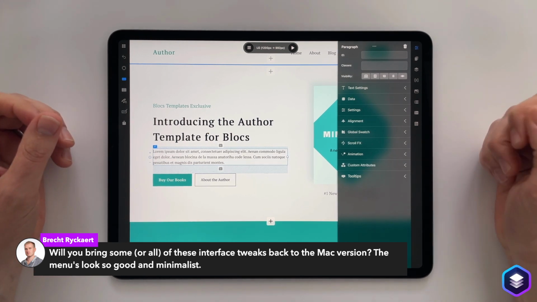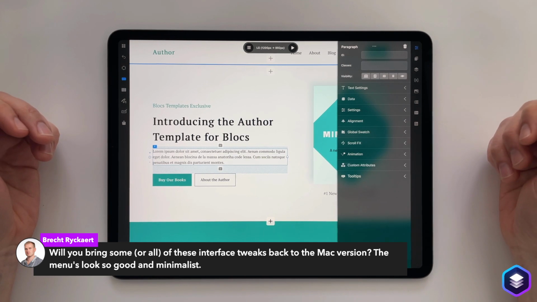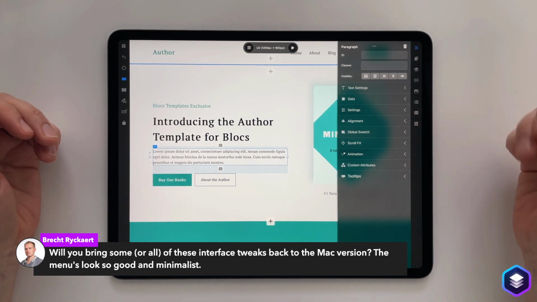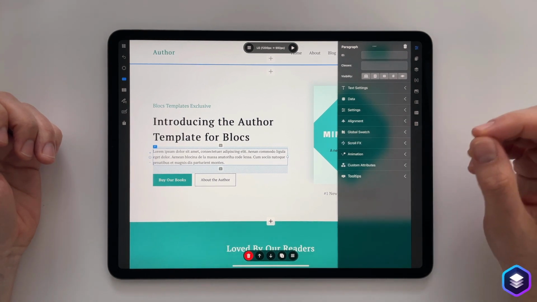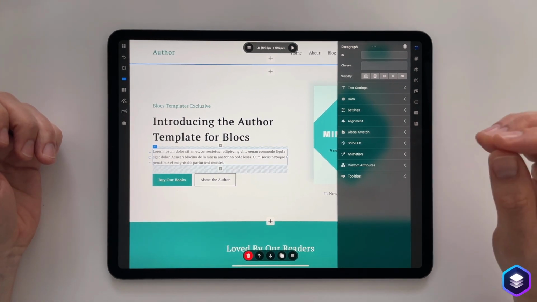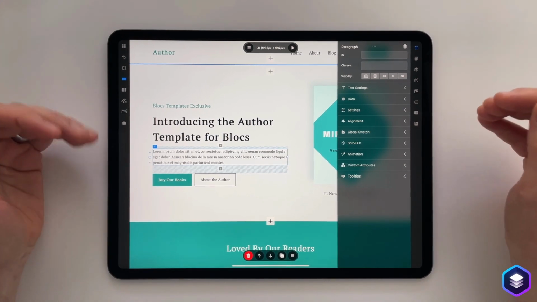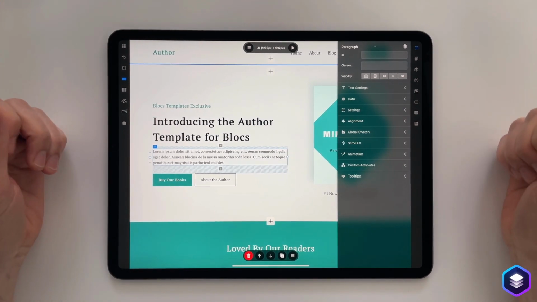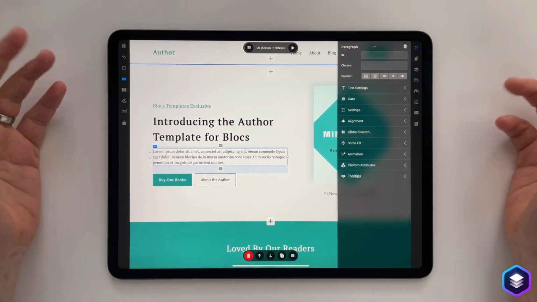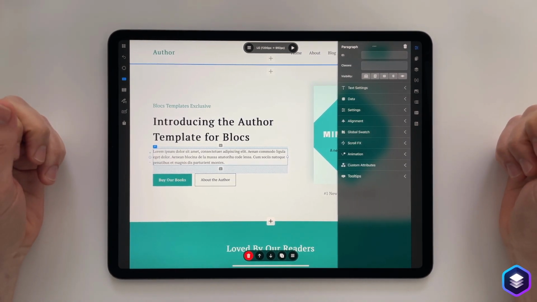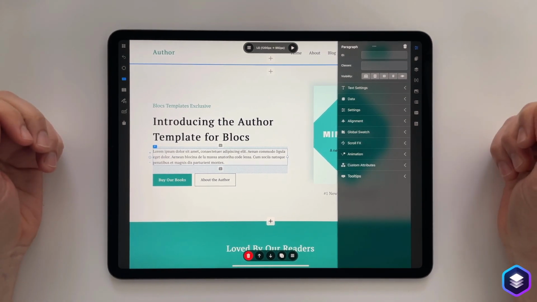I think in the next version of Blocks on the Mac, you'll absolutely see some of the features that you're seeing in the iPad moved across. But the transition will probably be not extreme. It'll be stage by stage because obviously the interfaces are different, but we don't want to change the Mac version too dramatically overnight. I hope that answers that question. So I'll get back on with the demo now.